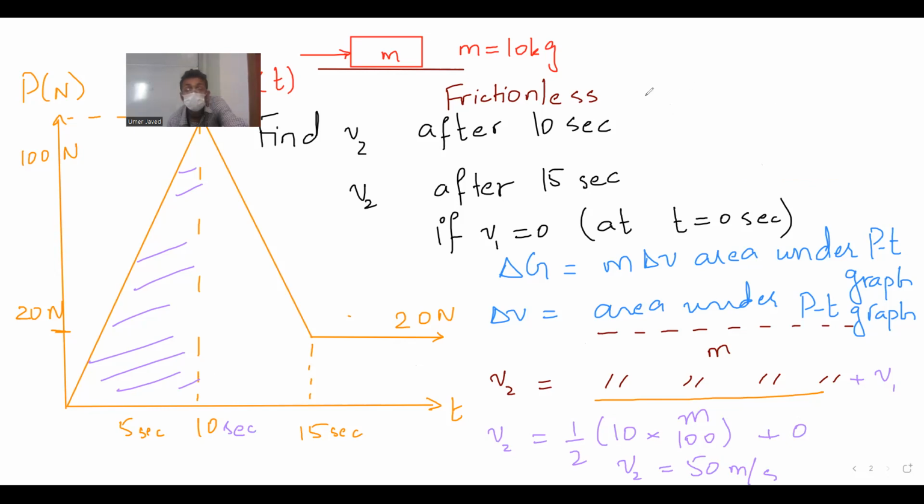So that becomes MV3 minus MV2 is equal to delta G, M delta V, right? So I don't want to confuse you. So V3 minus V2 is equal to the area under the graph. That is,